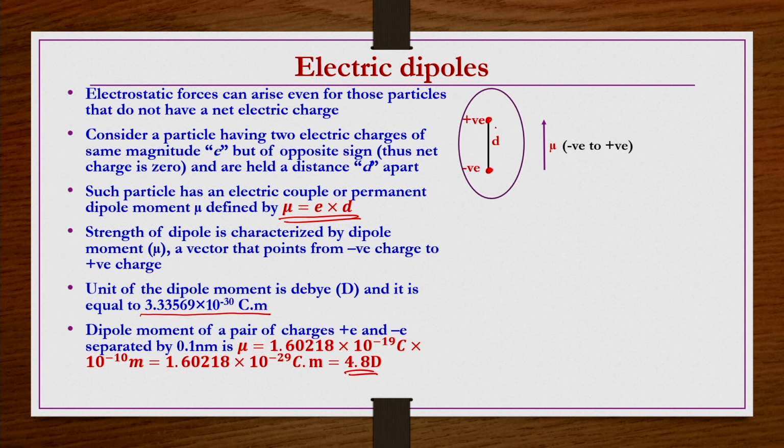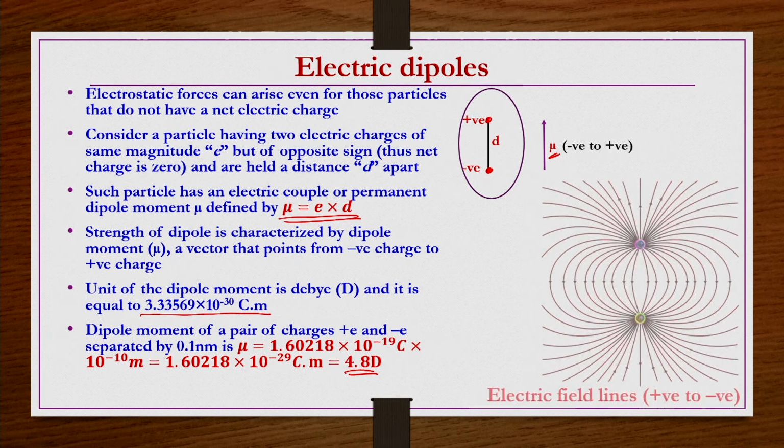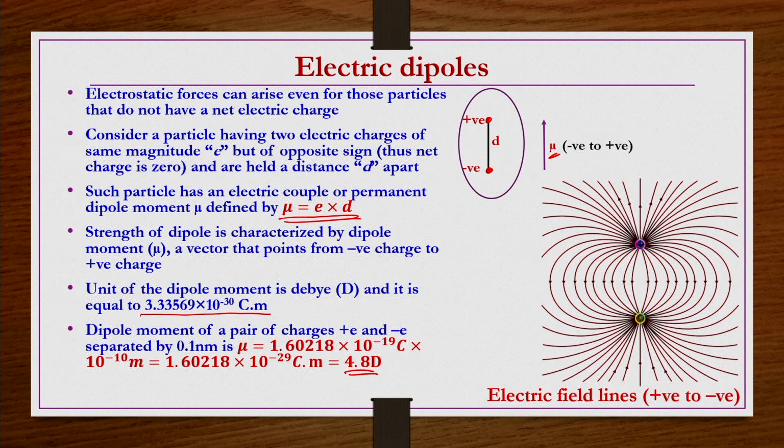Because of some kind of arrangement, there is a covalent bond existing, with sharing of electrons taking place. Under such conditions, it is possible that one of the atoms may be more electronegative compared to the other one. Because of that, though the overall net charge is 0, there will be a kind of electric field, and a permanent dipole moment mu, that points from the negative point to the positive point. Obviously the electric fields point from plus charge to minus charge.